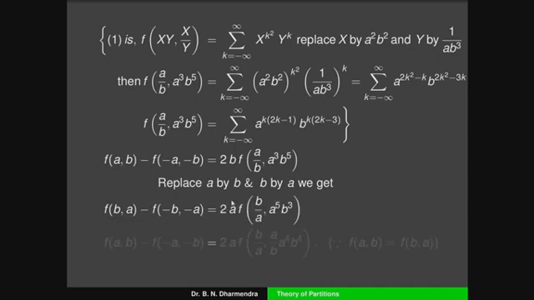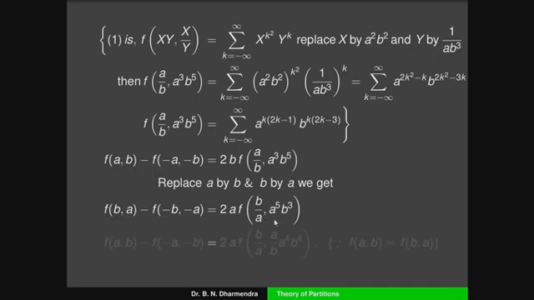We have to replace the terms of 2a into f of b by a, that is a to the power of 5, because b to the power of 5 is there. We have to replace a by b by a, that is a to the power of 5 into b cube. Finally, we have to show that the power should be in terms of uniformity. That's why it can be written with a as a common factor, multiplied and divided by b here.